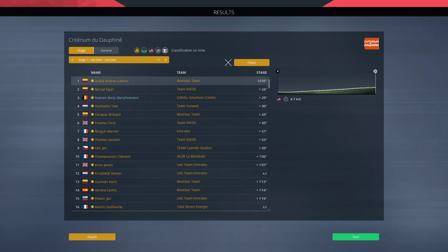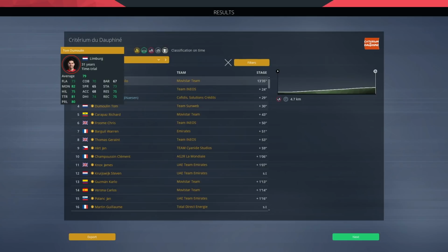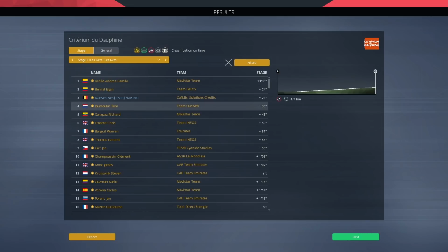These guys are both good. 85 mountain on our Dia, 83 on Bernal. We've got Dumoulin on 82 with high time trial and prologue as well, so quite disappointing as well. It looks like prologue didn't do anything for this one, to be honest, so it was probably just focused